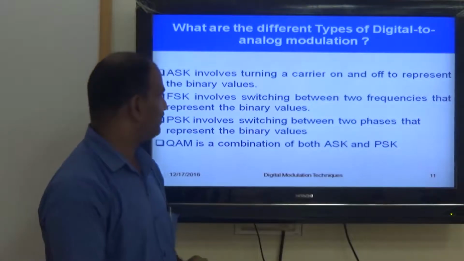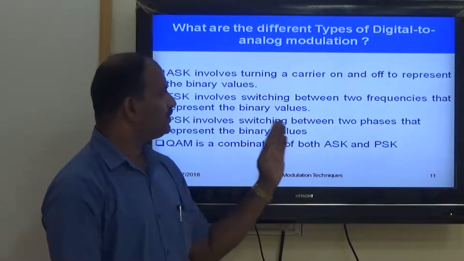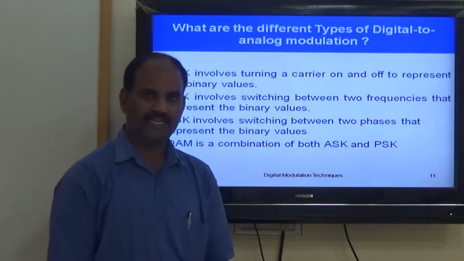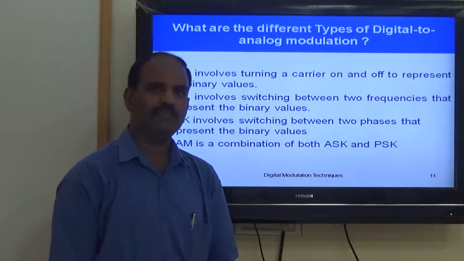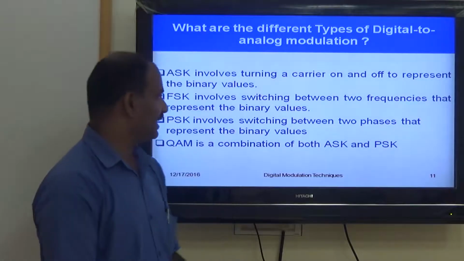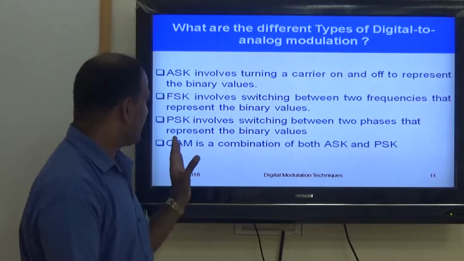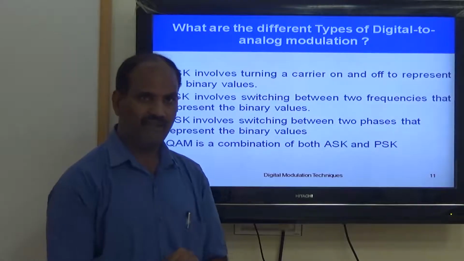That is called frequency shift keying, in which it involves switching between two frequencies. When we transmit 1, we use a frequency F1 as a carrier. If we transmit 0, we use F2 as another carrier. That is shifting between two different frequencies, called frequency shift keying. And based on phase, it is called